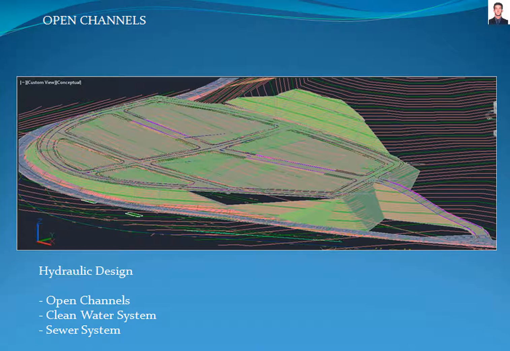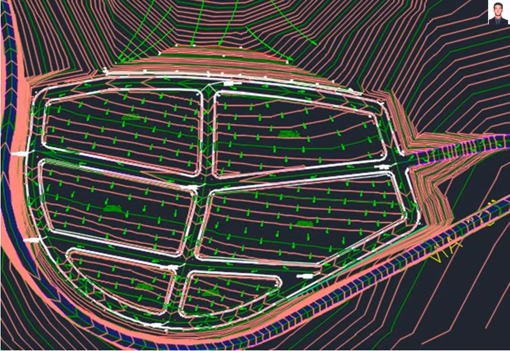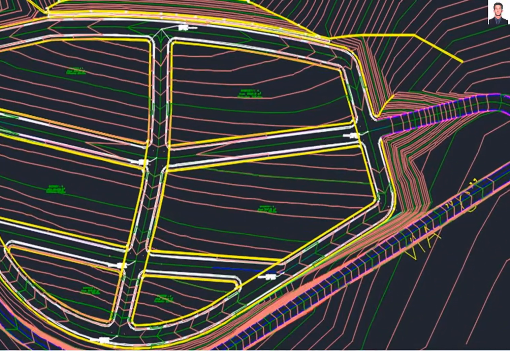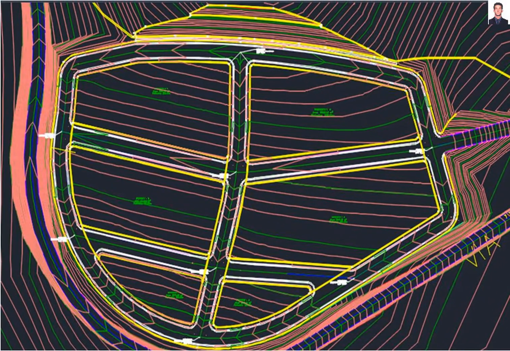For open channel design, a return period of 10 years is considered the optimal option to perform the design. The first thing to do is analyze the runoff based on the topographic contours by tracing perpendicular arrows on each contour, which will represent the directions of the runoff and help us understand the behavior of the runoff. After that, we trace a preliminary open channel to collect the rainfall according to the requirements of the